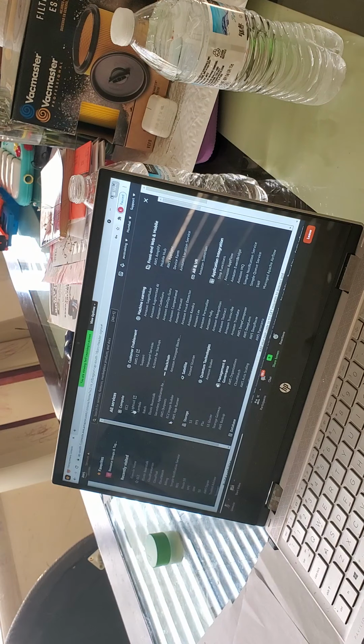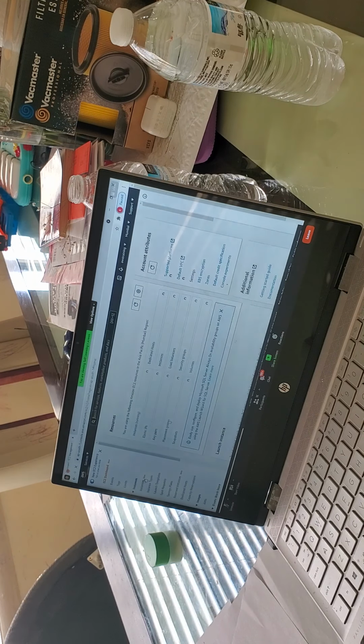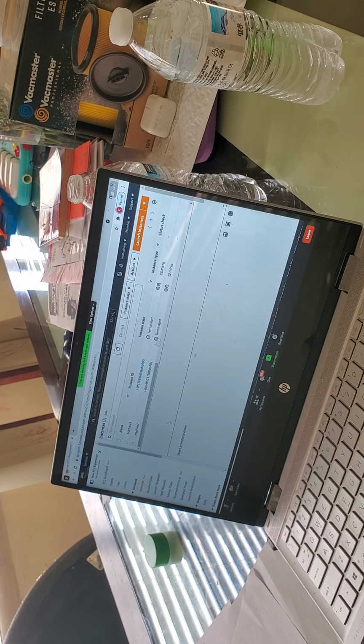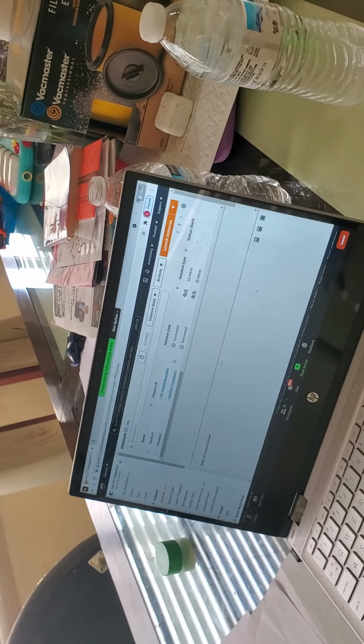Services, EC2, instances. These are the terminated instances. Don't worry about this. Ignore these two instances. Let's go ahead and create a new instance. We have successfully created a Windows machine. Yesterday we successfully created a Linux machine. We had some issues in connecting to the Linux machine. Not a problem. Let's proceed.